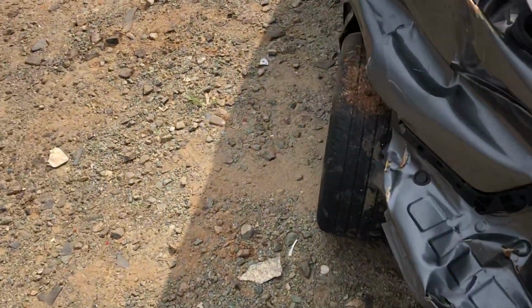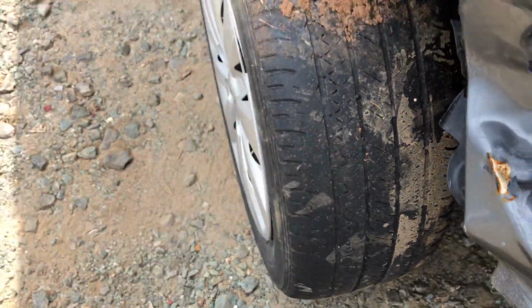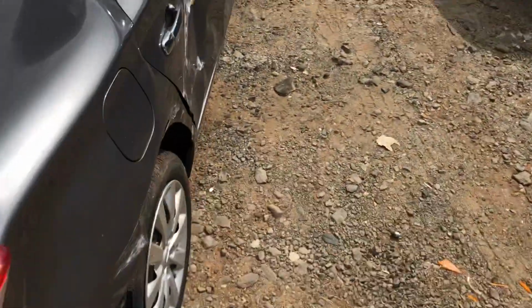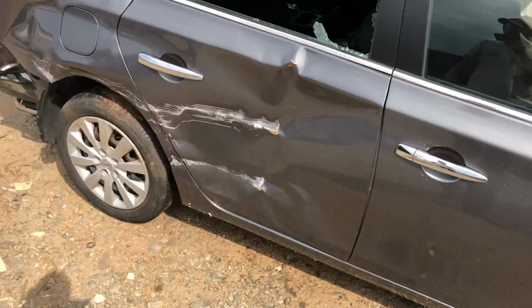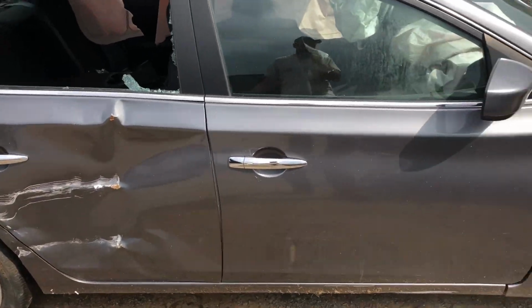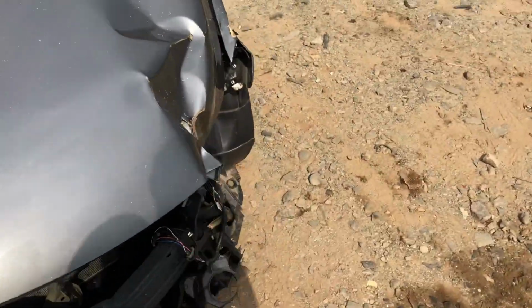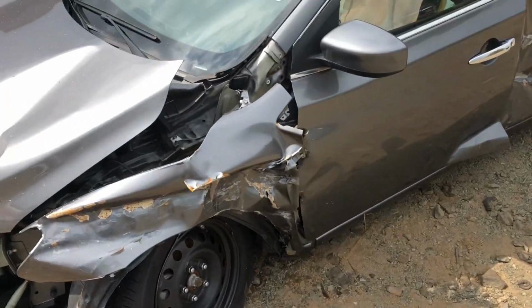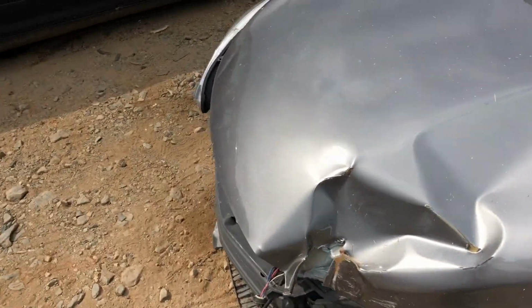And judging by the tires, how it has no tread, it was probably raining, which is pretty much the main common factor of vehicles getting in accidents: bad tread, rain, and then they hydroplane. I can't tell you how many trucks come in here that have been rolled over or slammed into trees, and they look at the tires and they're completely bald and they wonder why they wreck. Drives me nuts. Anyway,